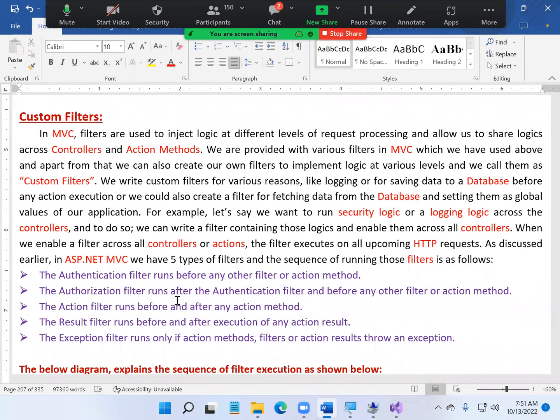What we did not see is the authenticate filter. Actually, authenticate filter is not available by default. There is no authentication filter available. Are you clear? Okay. So today, what I'm going to teach you is a concept